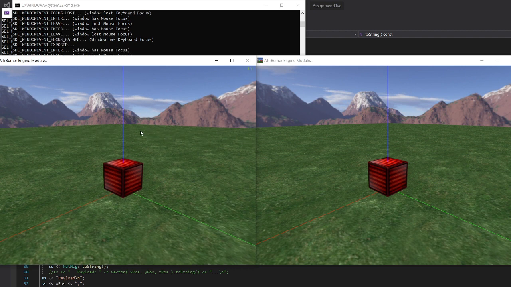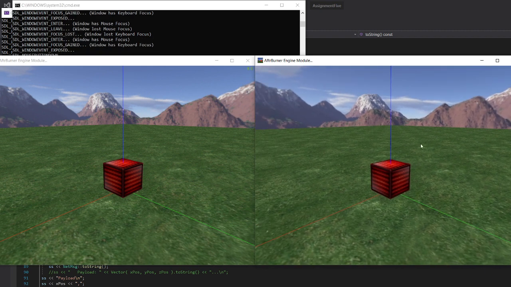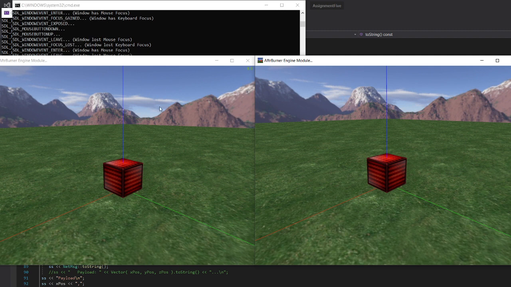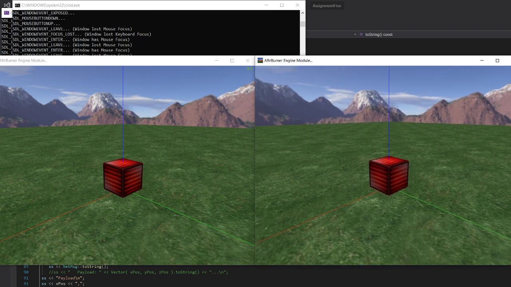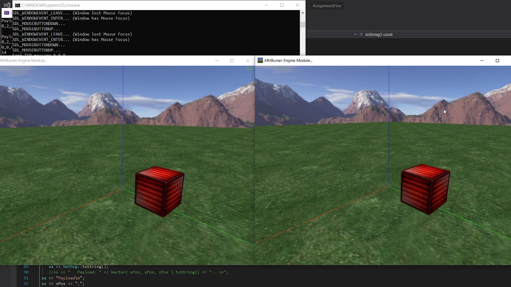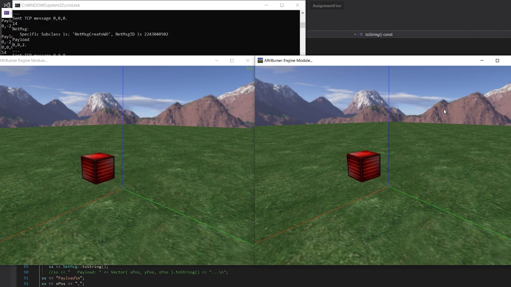So this works fine. This is the first instance, and then this is the one you use. This is the sender, and this one listens. This was the first one I opened, so this is the second one I opened. So the cube can move pretty much in any direction, and it'll sync